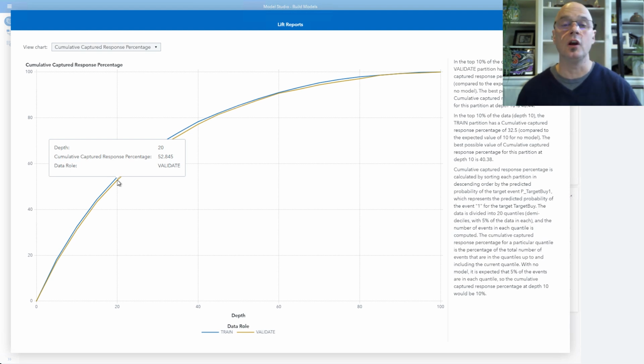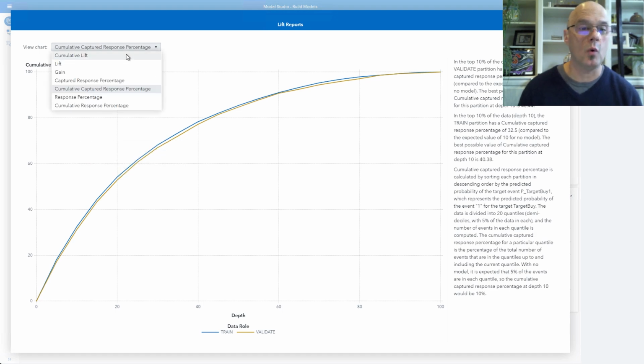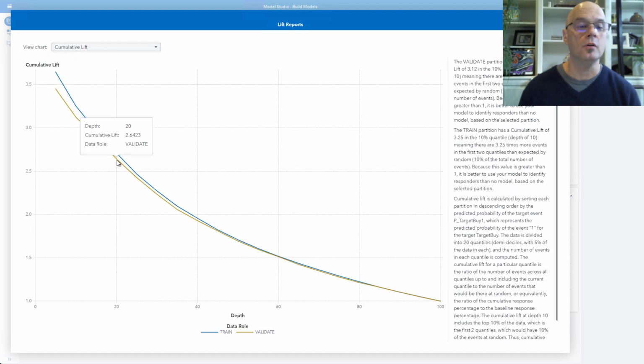So in this case, to go from cumulative captured response percentage to cumulative lift, I take the 52.845, I divide it by the depth value of 20, and 52.845 divided by 20 is the same value we saw for cumulative lift earlier. So there's multiple ways that we can think of calculating cumulative lift.